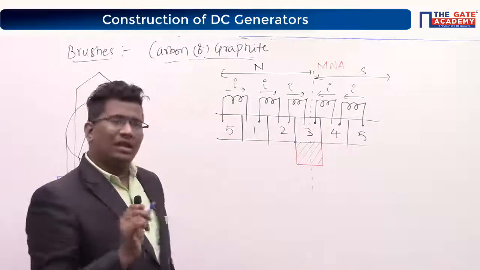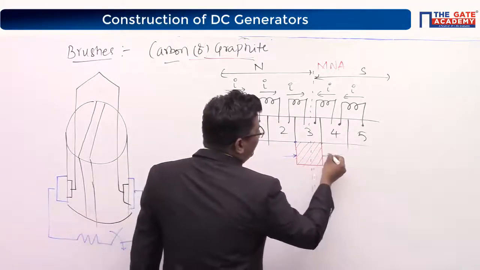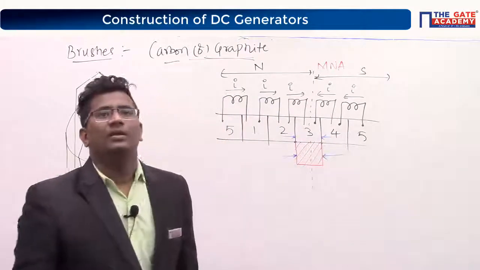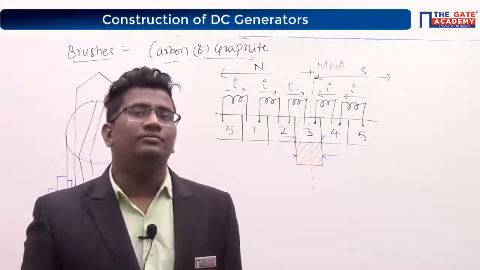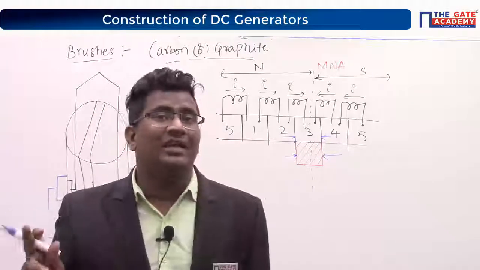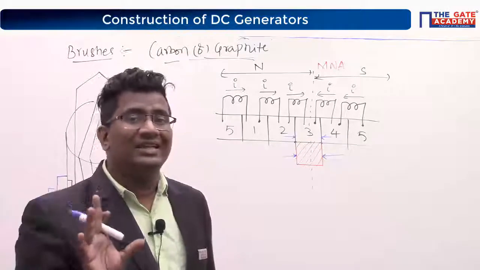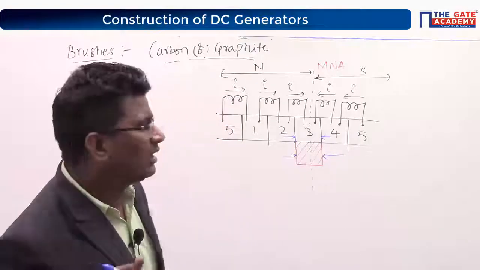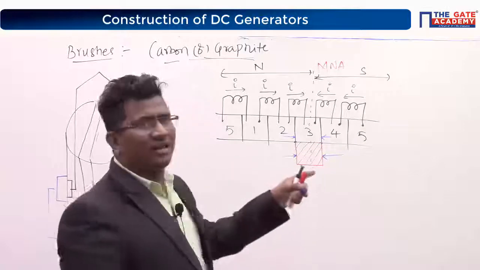Yes. But here, if you see the brush width and the commutator segment width, are both the same or different? Same. But very soon we are going to prove you have to take a segment width other than the brush width, or a brush width other than the segment width. Why? Very soon we will see the reason. Once you get into the armature reaction, you will get clarity. Okay, I hope this is clear, everybody.